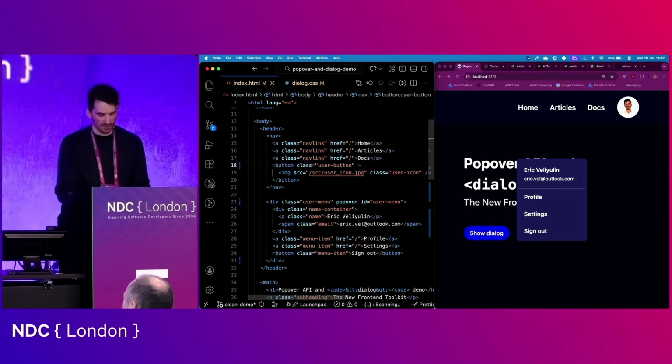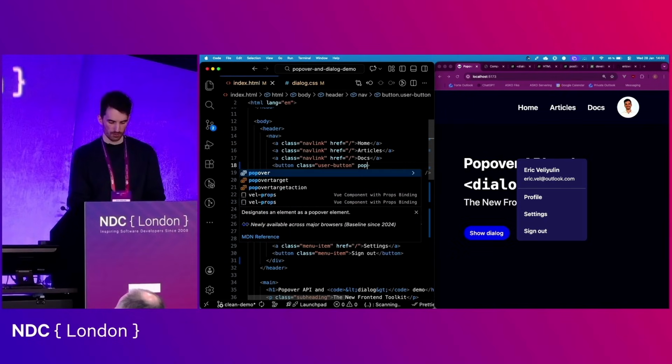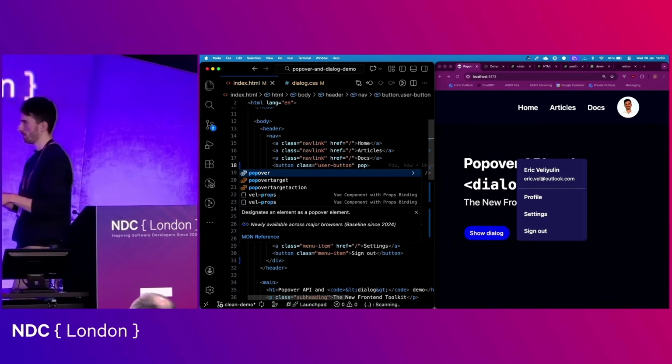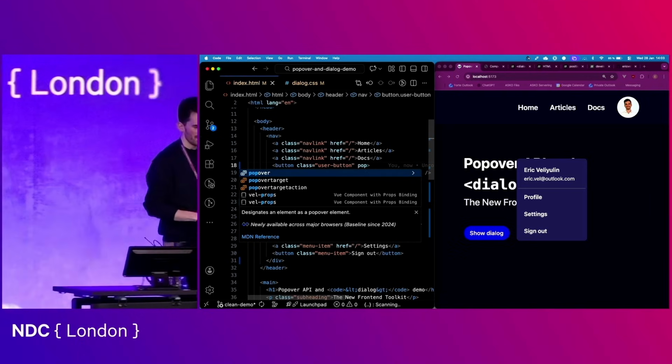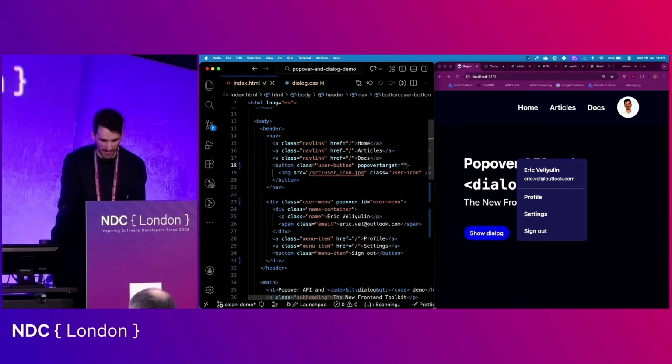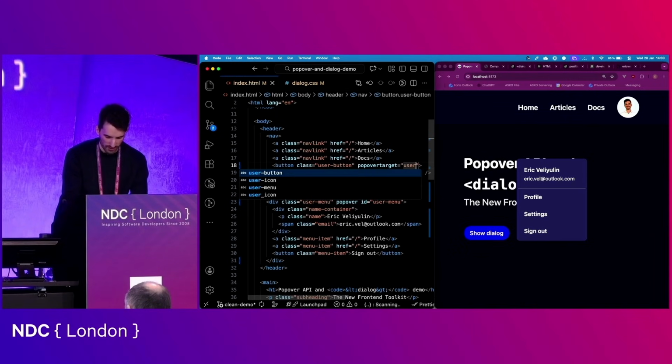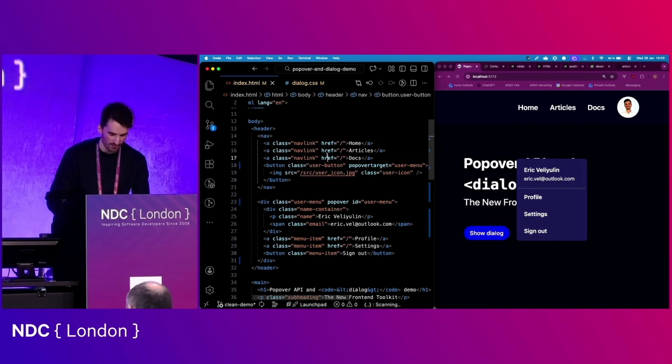And the button, here we have a very cool kind of native HTML way of associating a button with a popover. We don't need to use any JavaScript here. You can just use a popover target attribute. And if we then provide our user menu ID here,